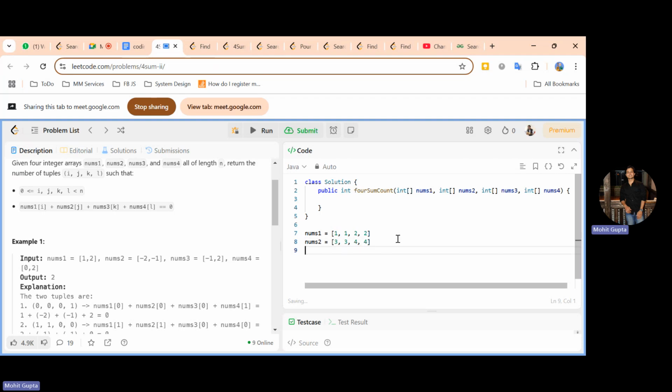So if we are taking all the combinations, there are two different elements in nums1, two different elements in nums2. So in total, there can be four combinations, right? 2 multiplied by 2, total four unique combinations of the pairs. So one can be 1 comma 3, picking 1 from nums1 and 3 from nums2. So all possible combinations can be 1 3, then